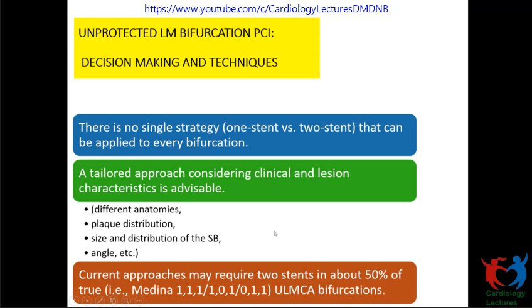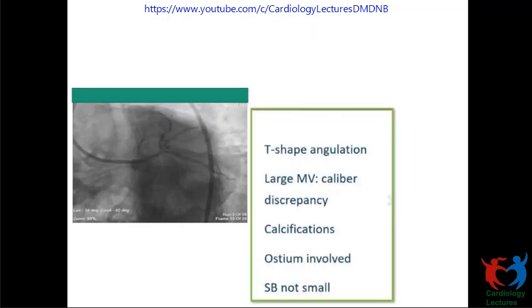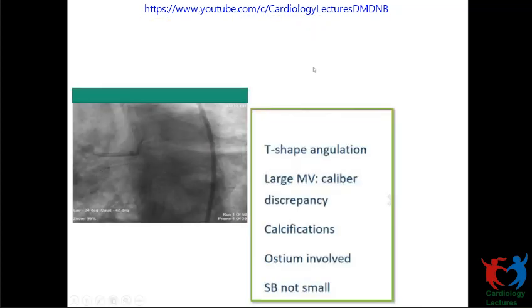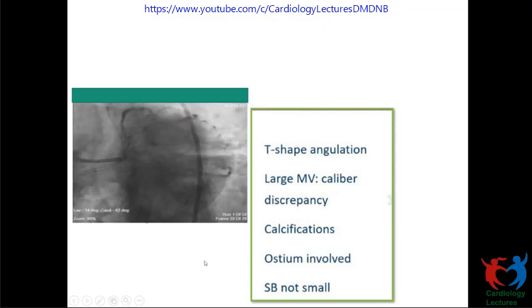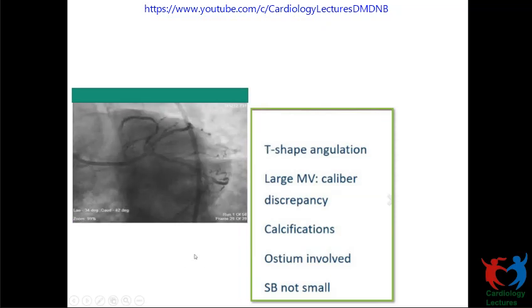There is a comment from Kavita. There is a comment from Shiba. The Bayesian reanalysis of EXCEL shows inferior results with left main stenting versus CABG. This was published last month. Okay, but this PRECOMBAT trial has shown the 10-year long outcome. Yeah, so they will be different, but it's fine, you know. We all are doing left main.